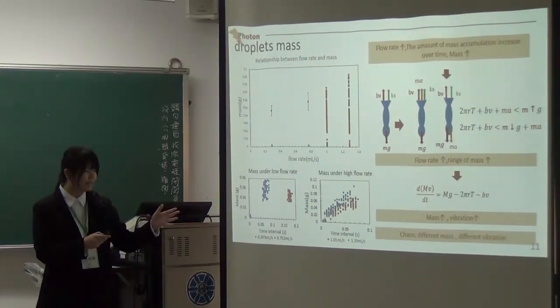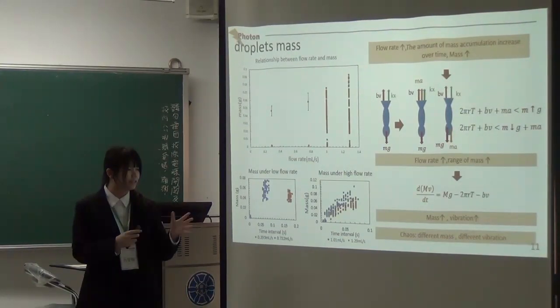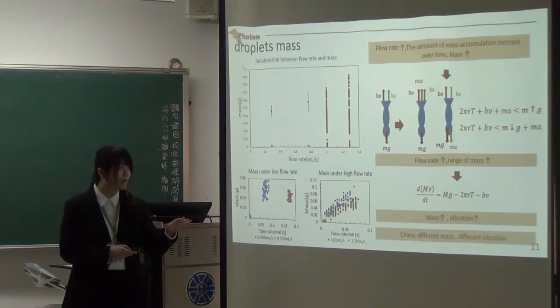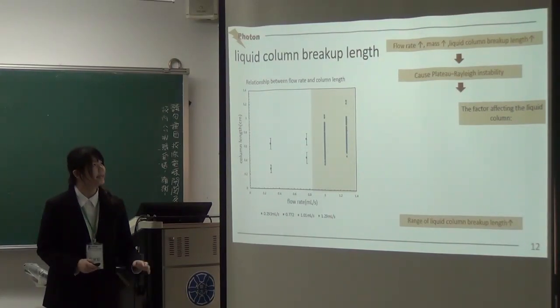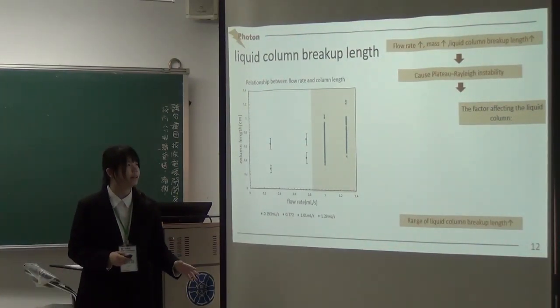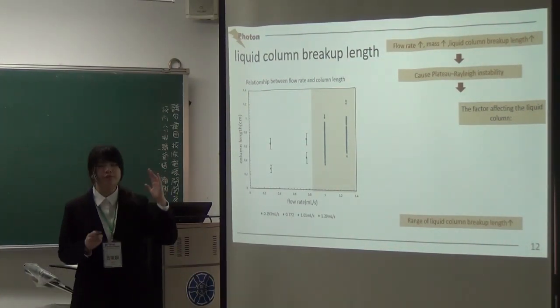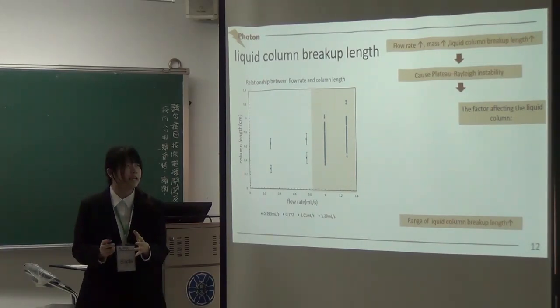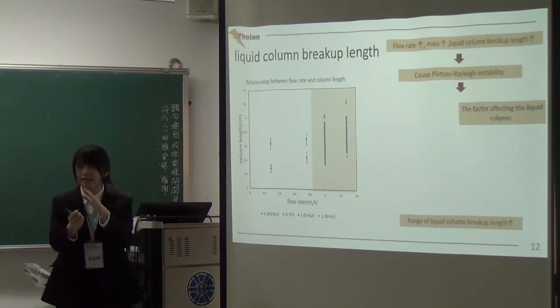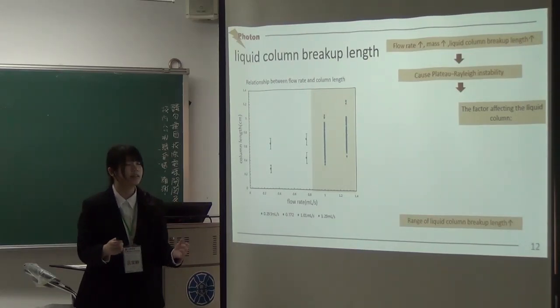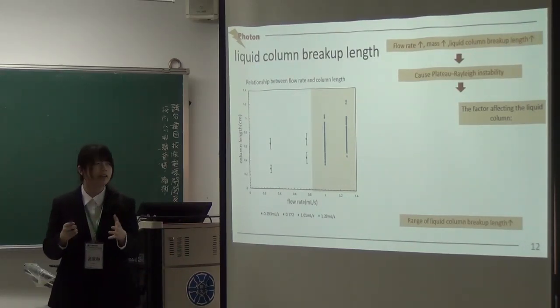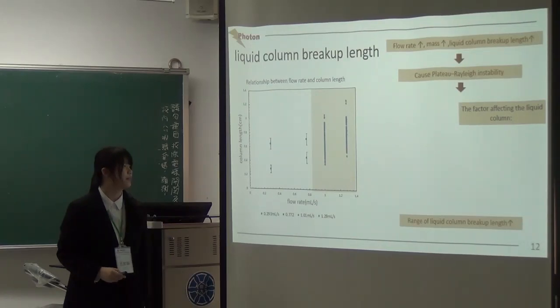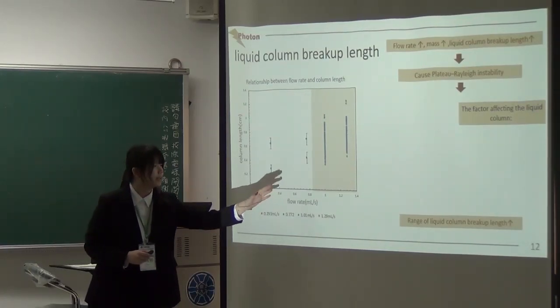And in a chaotic condition, because we have a different mass, we have different vibration. Here is the liquid column well-length. When the water flow rate increases, the mass will increase. The mass will elongate the liquid column, so when the mass increases, the liquid column will increase. And liquid column increase will cause the plateau-Rayleigh instability. And we can see in the chaotic condition,